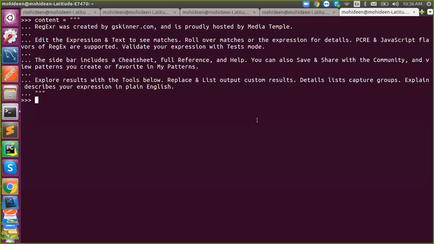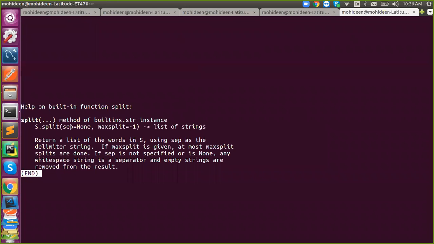Is this possible or difficult? Split this string, then get each word, and then check the condition. First, split into words. How to split by words? By default, the separator is space. If you don't give anything, it is space.